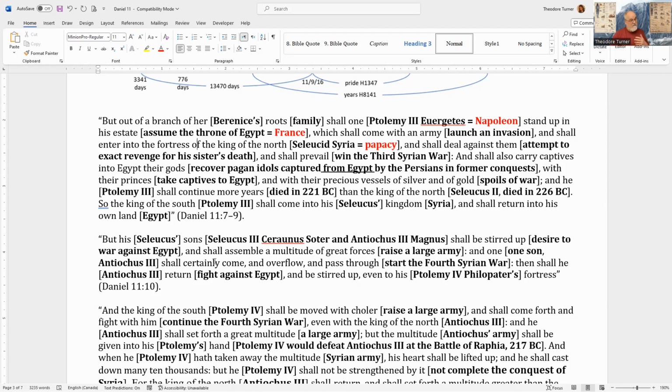Now, you can see how if the king of the south is conquered by, or comes against the king, let me see here. The king of the north is going to come against,